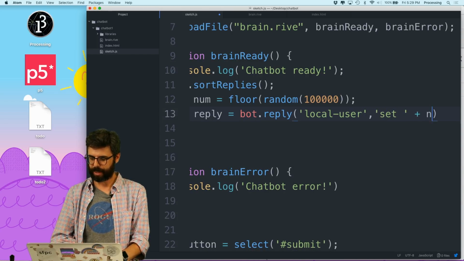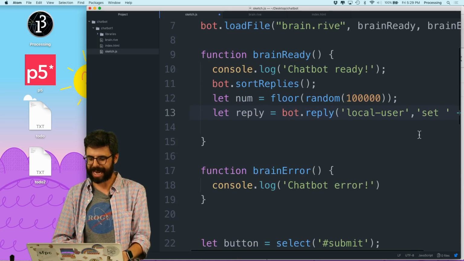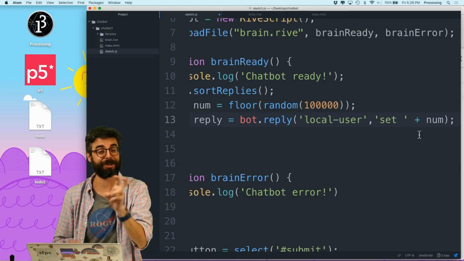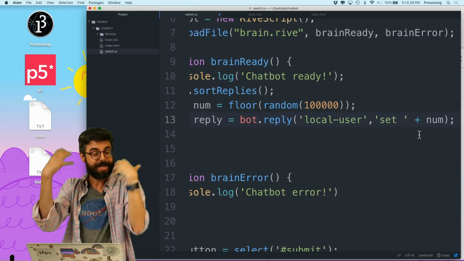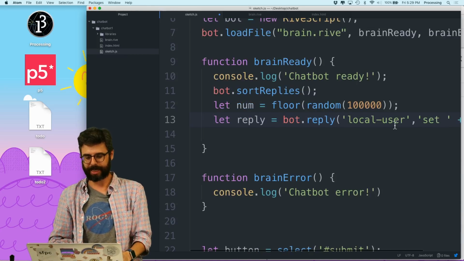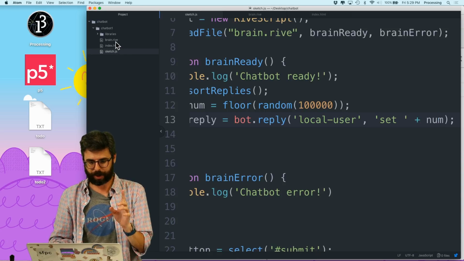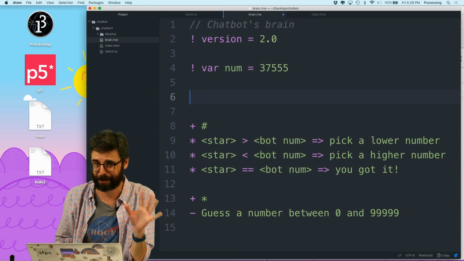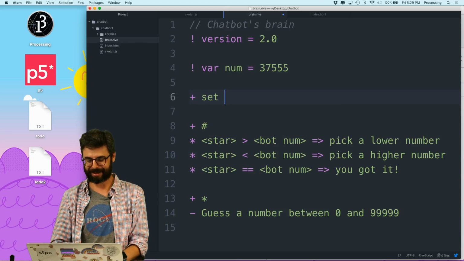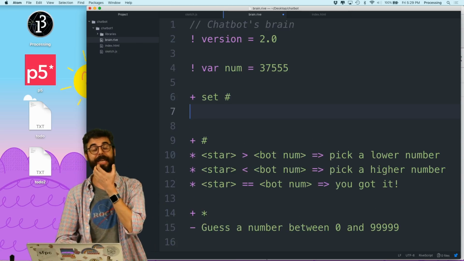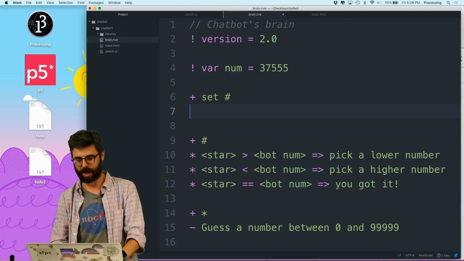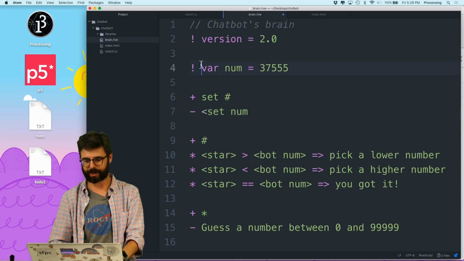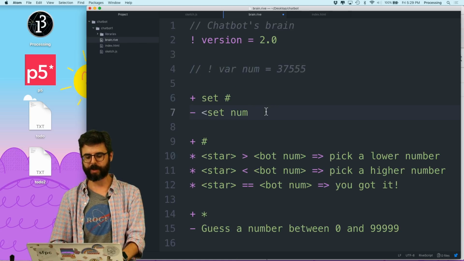set plus the number. So what I'm doing is I'm sending to the bot a secret message. The code is sending a message to the bot, not me, the actual user typing, saying set number. So what I now want to do is, and of course this is very easily hackable, don't get me wrong, set number is a message where now the bot will set, and we don't need this hard-coded variable anymore,